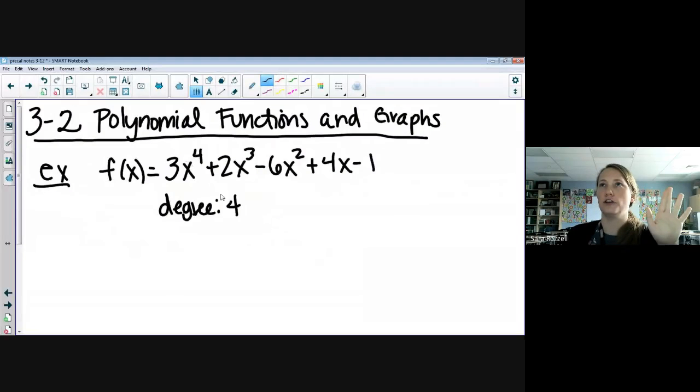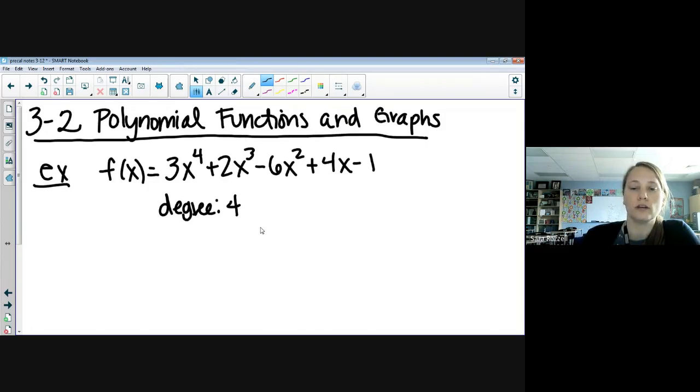We just said 4th degree polynomial. So our degree is 4. You identify that with our highest power. Can anyone tell me what the leading coefficient is? That is 3, right? The leading coefficient